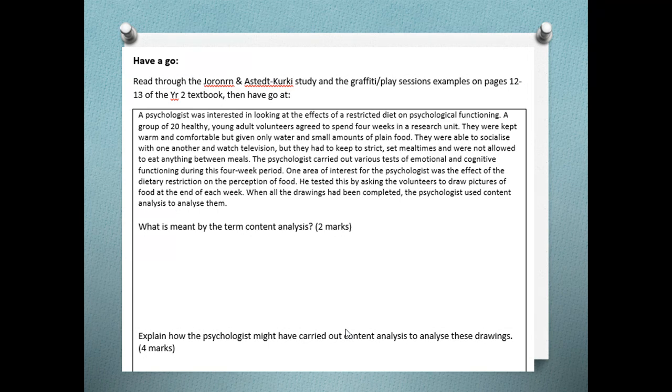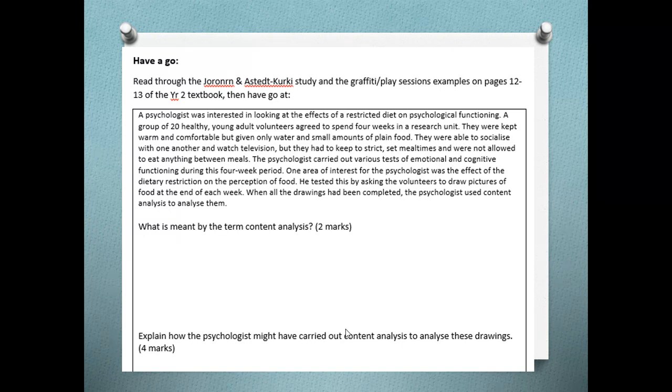There's a question here on content analysis that it might be worth looking at. Common questions might be for you to define content analysis, to say what it is, and then the mark at the bottom of the question, to explain how the psychologist might have carried out content analysis. So that's looking at